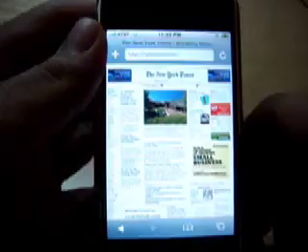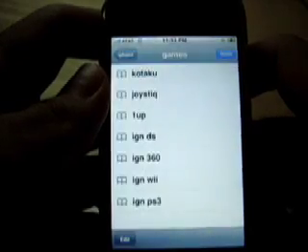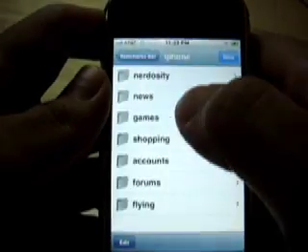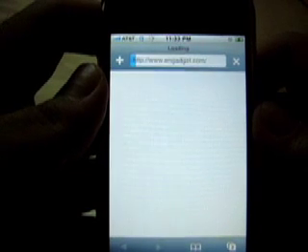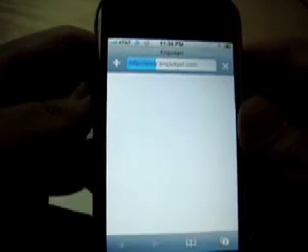Alright, so next I'm going to take a look at web browsing using Edge. I've already disabled the Wi-Fi and cleared my Safari cache. So I got a request to load up Engadget, so let's just load it up right now. And I'm going to let most of the page load, and it's definitely not speedy, but you'll notice that later